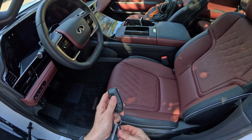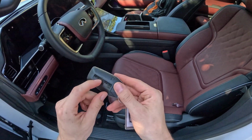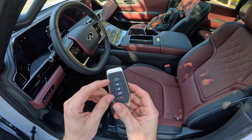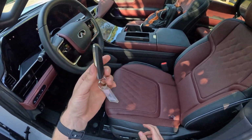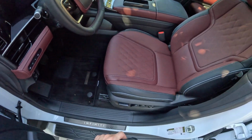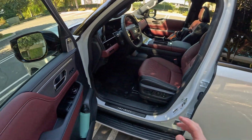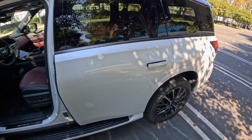$110,000 vehicle, and you're given a lightweight plastic key, as opposed to, oh, I don't know, the $70,000 Acura that I had a few weeks ago that had one of the best feeling keys that I've used this year. But instead of Infiniti putting money into the things that you'd have to use every single day, like your key,